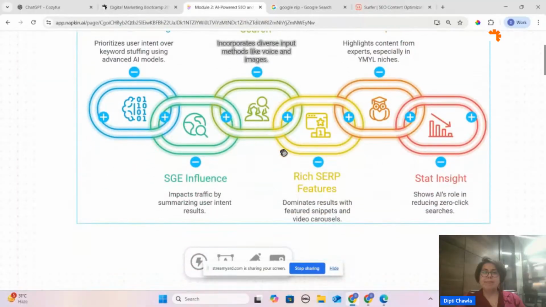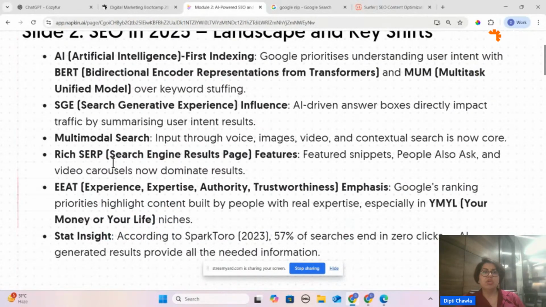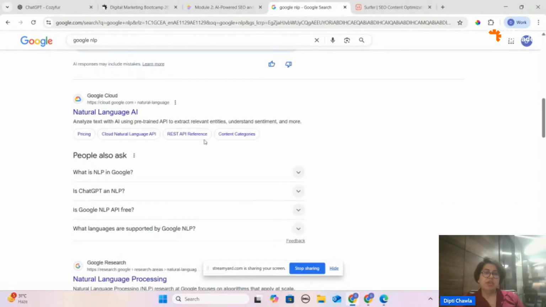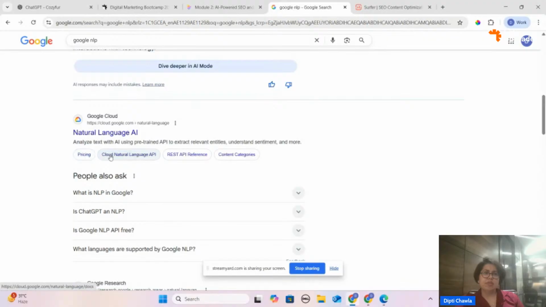Then the second thing comes, rich SERP features. Now, what is it? Rich search engine results page. Why are these getting highlighted?